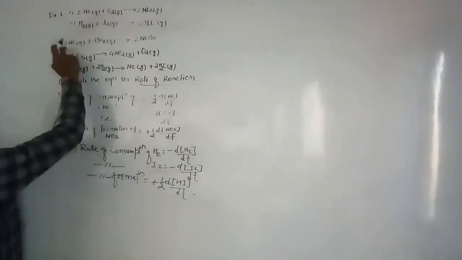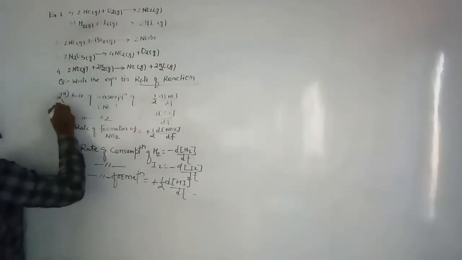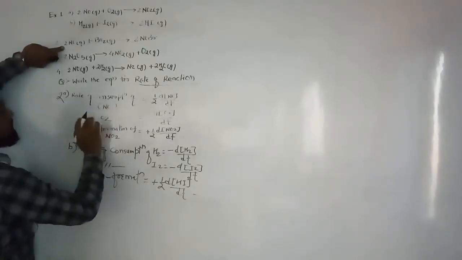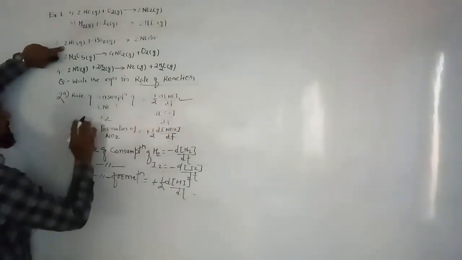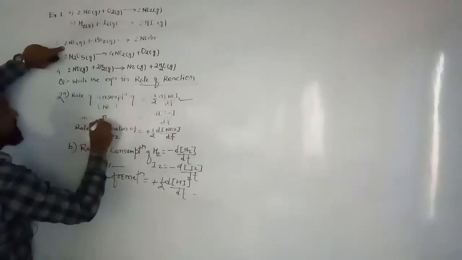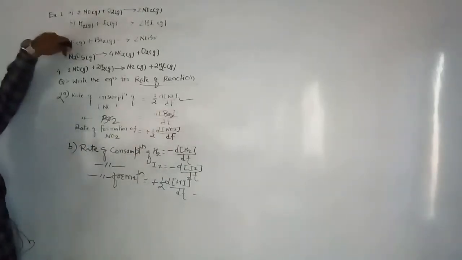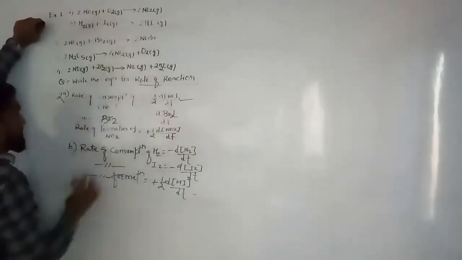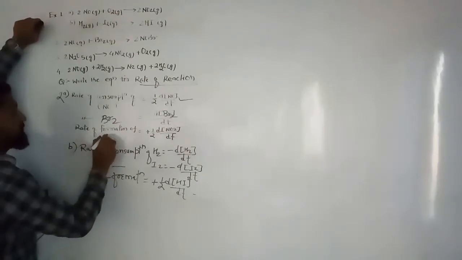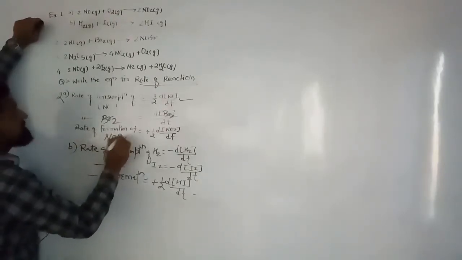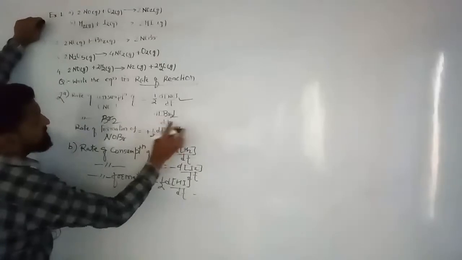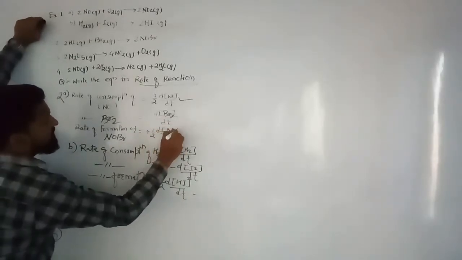Similarly, take another example, number 2. Rate of consumption of NO will be the same. Rate of consumption of Br2 will be the same, only with Br2 instead, the remaining will be the same. After that, what is forming? NOBr. Rate of formation of NOBr, no doubt it will be with NOBr. So in this way write the rate expressions.